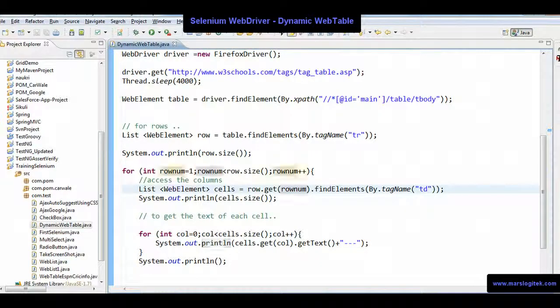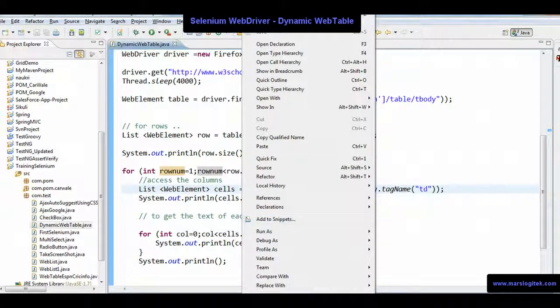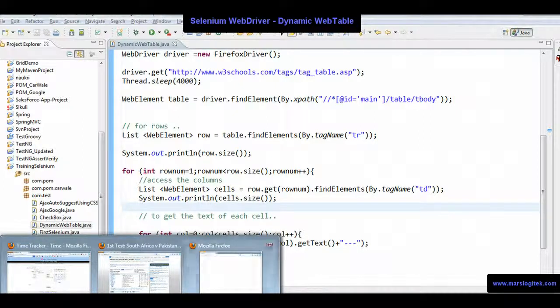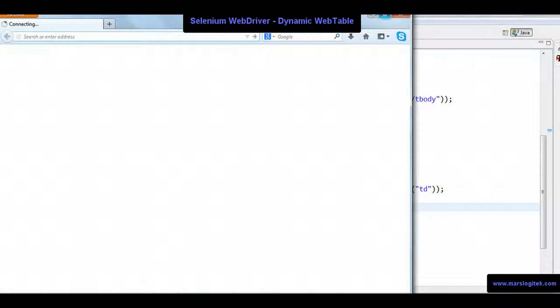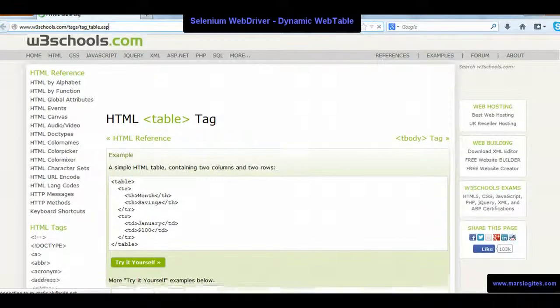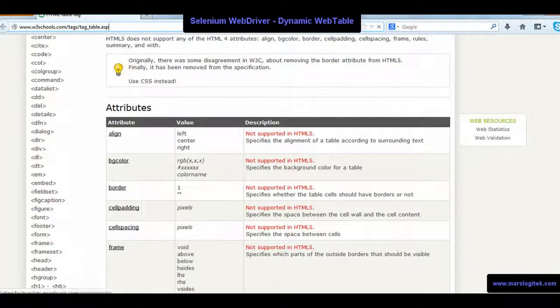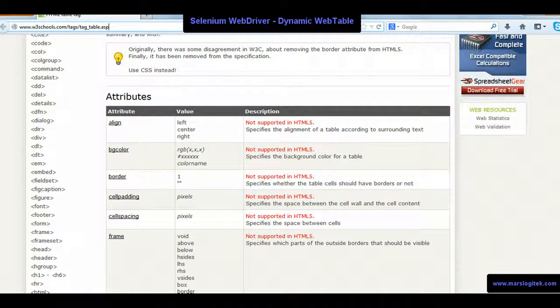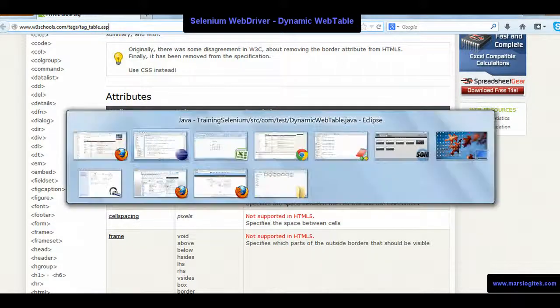So it's running. Yep, it's opened up. This scrolling and all we'll see in the next upcoming session. That's also a very good case actually, how to scroll up, down and all.